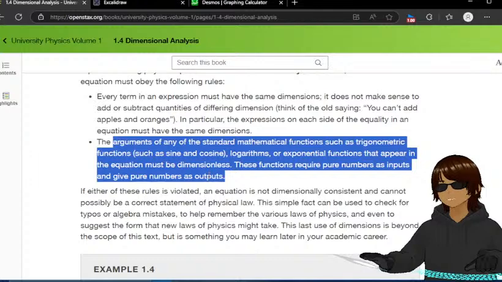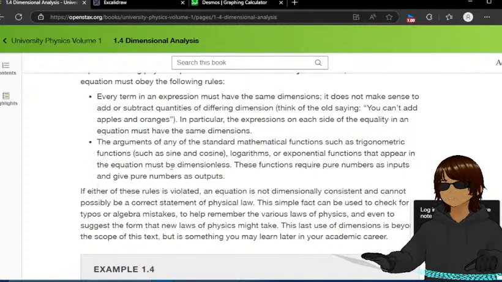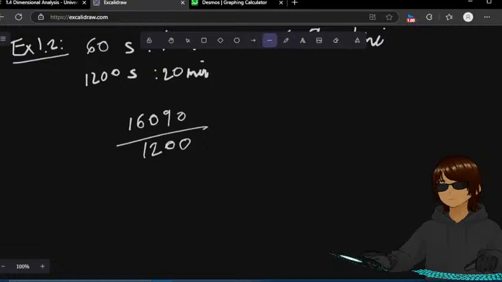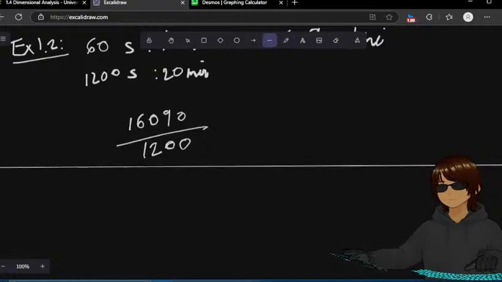Wait, are we sure about this point? Logarithm or exponential function that appear must be dimensional. The exponential function increases the dimensions, right? But for the sine and cosine thing, let's say there is a... let me think about this. Yeah, let's say